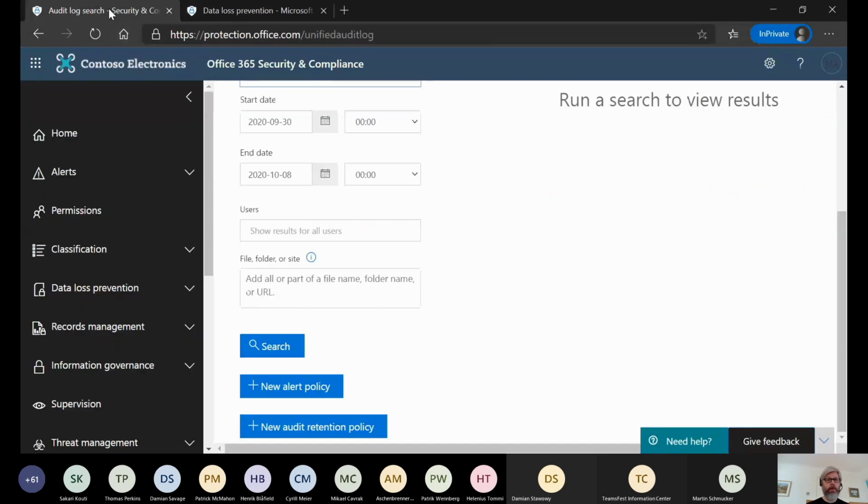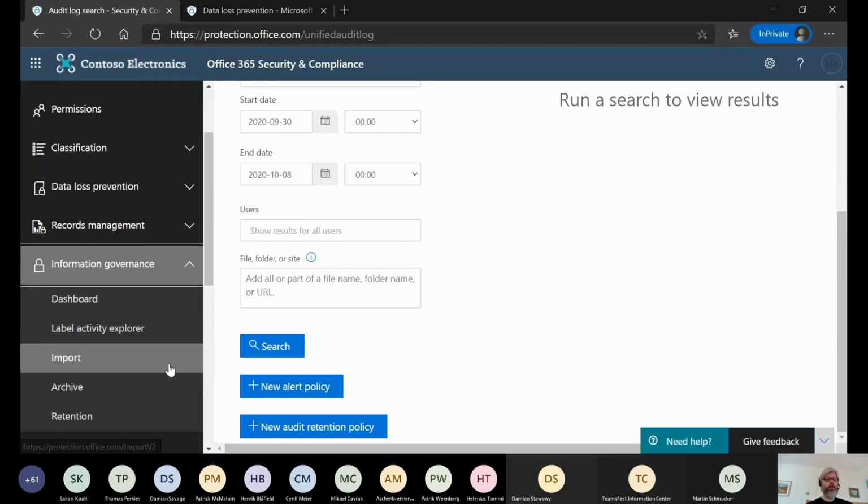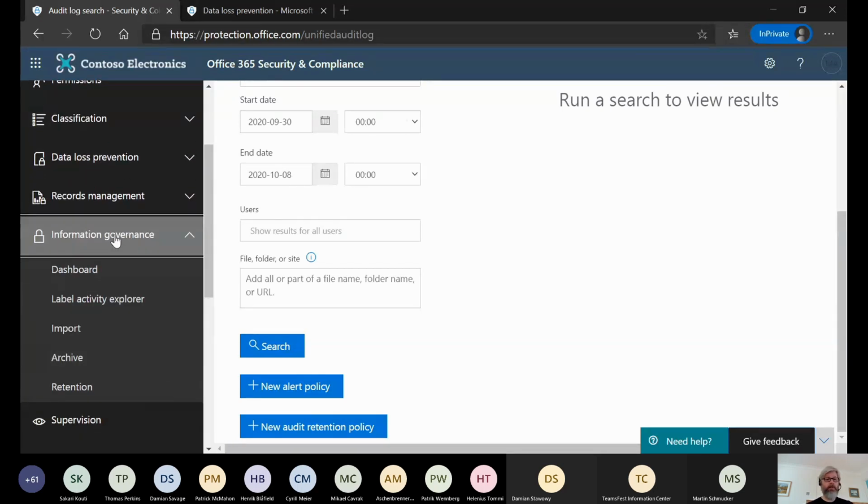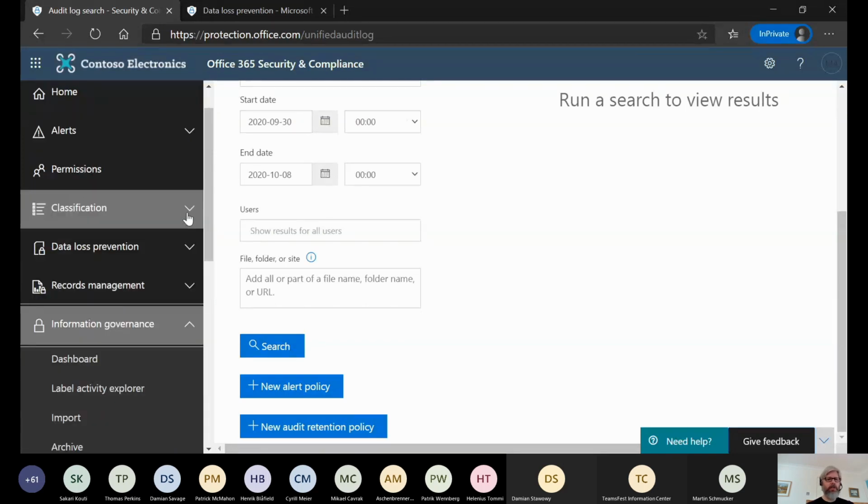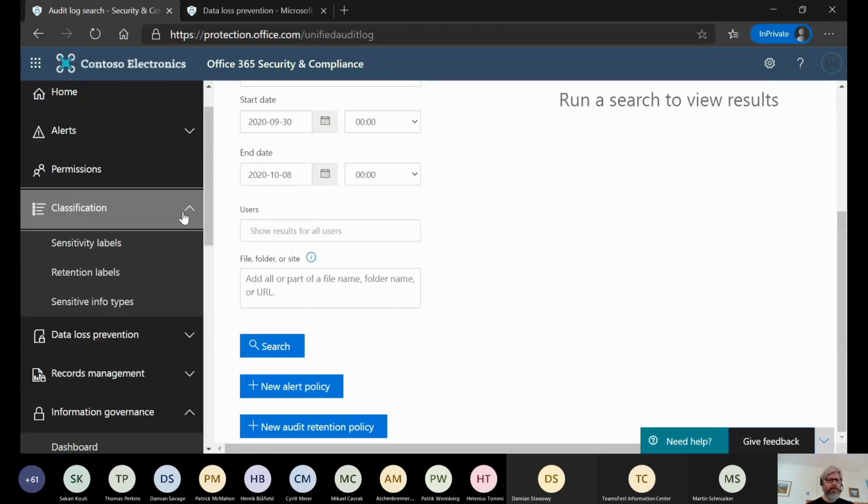Important to have the right role to access this. Obviously, Compliance Administrator or Security Administrator will get you there as well in certain situations. Global Admin, obviously. Be very careful how you assign Global Admin, of course. But again, I'll work from the Security and Compliance Center for this example, and retention is contained under the information governance section, at least in the context of policies. If you want to set retention labels, that is underneath